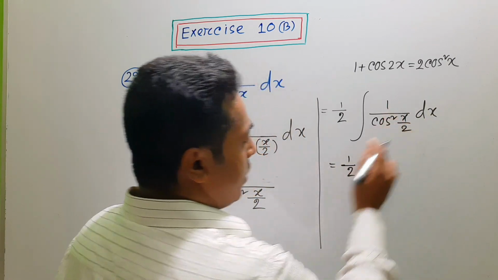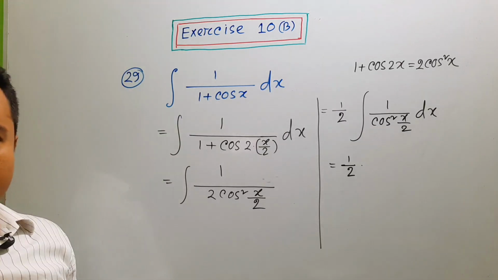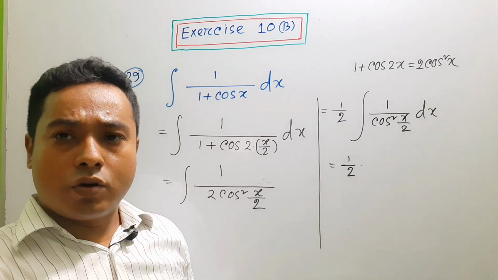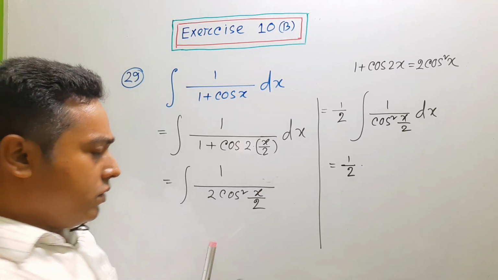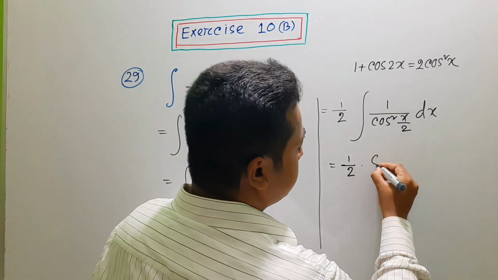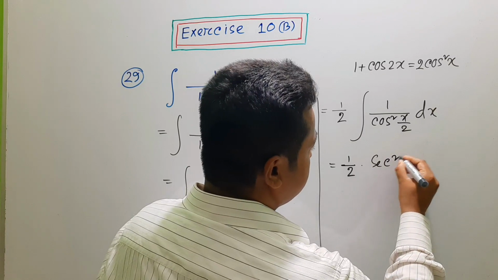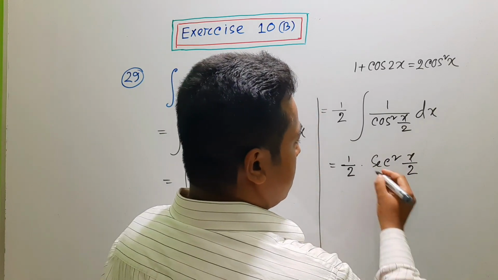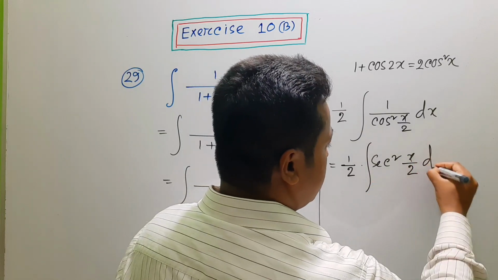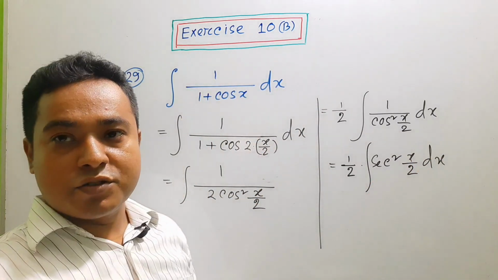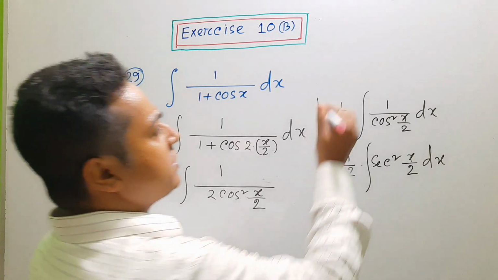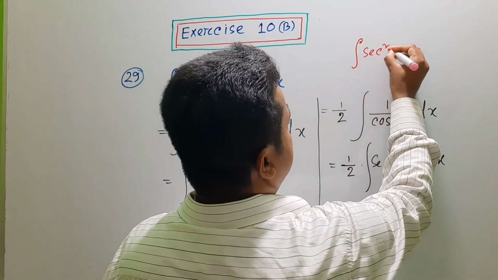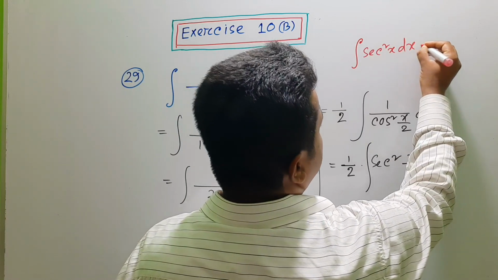Then 1 by cos square x, by the trigonometric relation 1 by cos x is equal to sec x, so sec square x by 2 dx. Okay dear students, we know that integration of sec square x dx is equal to